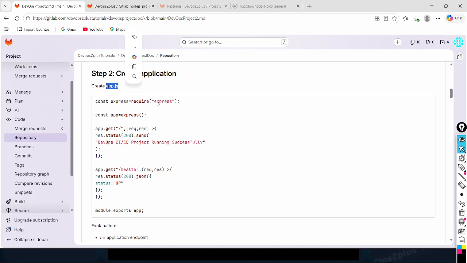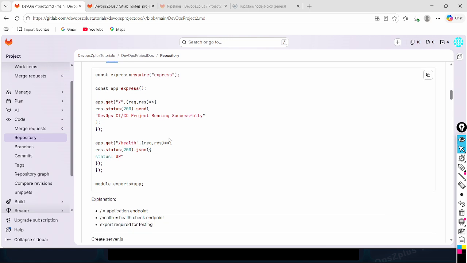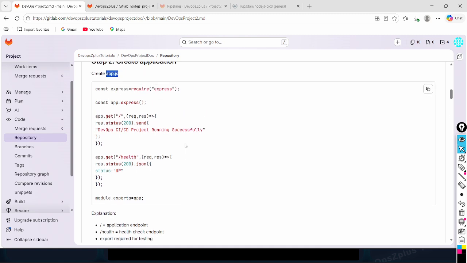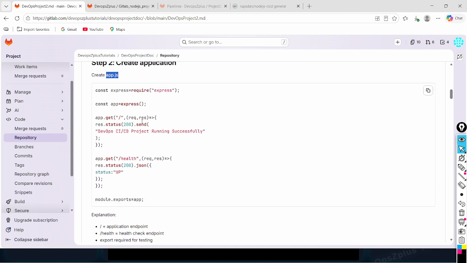It's going to load external modules, like this express will help to create APIs and routes here, correct? Then app.get slash is the request and